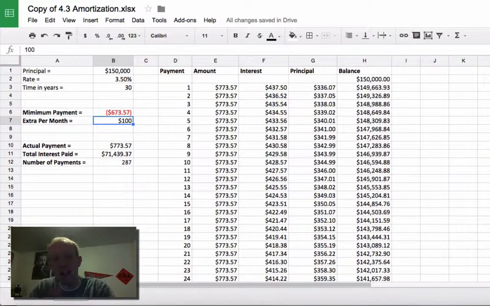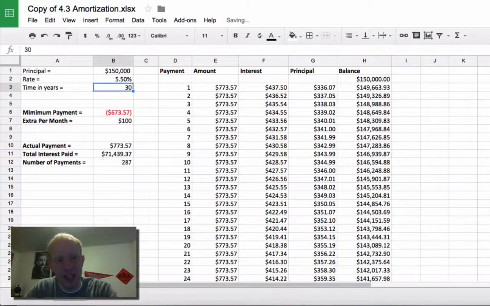Okay, they want to keep you at the minimum payment because they want you to pay as much interest as possible. So adding just a little bit more per month saves you tons of money. Okay, we're talking again tens of thousands of dollars if you understand this. Okay, and again, this is for a low APR. If we did like 5.5%, okay,